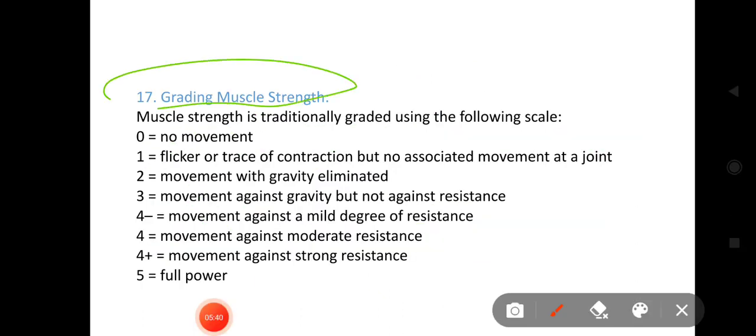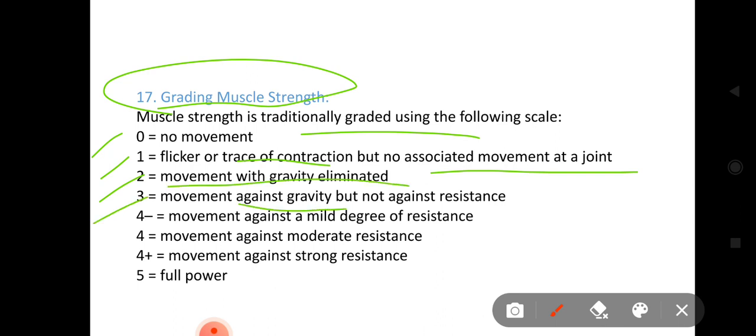Now muscle grading, that is power. So grading of power: muscle strength is traditionally graded using the following scale. 0 if no movement, 1 flicker or trace of contraction but no associated movement at a joint, 2 movement with gravity eliminated, 3 movement against gravity but not against resistance, 4 is divided into 4 minus, 4 and 4 plus. So 4 minus